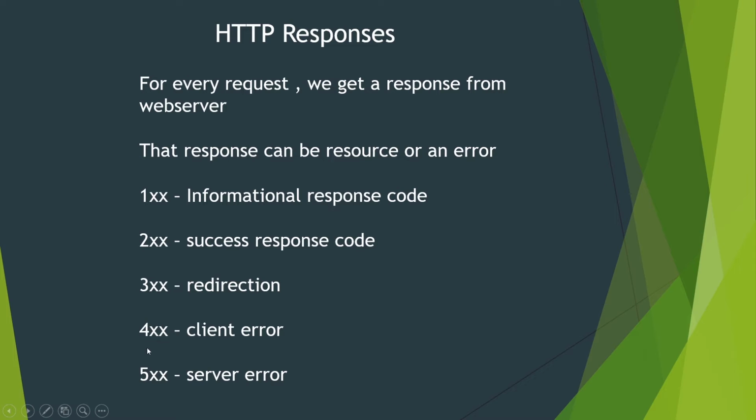So the codes that start with 4, like 404, 405, etc. are the client side errors. So you are asking for a resource which is not there on that web server, or you are asking the request in an incorrect format. And the response codes that start with 5, like 503, 504, etc. are the server errors. It means the server has some problem with the network connectivity, or the server may be going on maintenance or something like this. Servers are not available at that time. In that case you will get the 503 error.